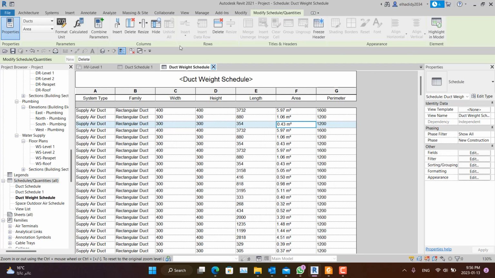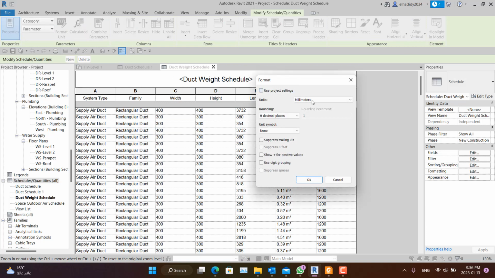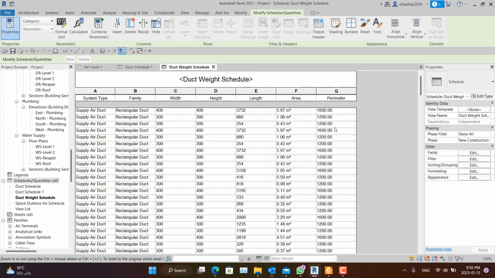We are gonna make it the perimeter. Choose the format unit in millimeters. I'm gonna choose 2 decimal millimeters. This is the perimeter. Okay, now we need to calculate the volume, but the volume is equal to the area